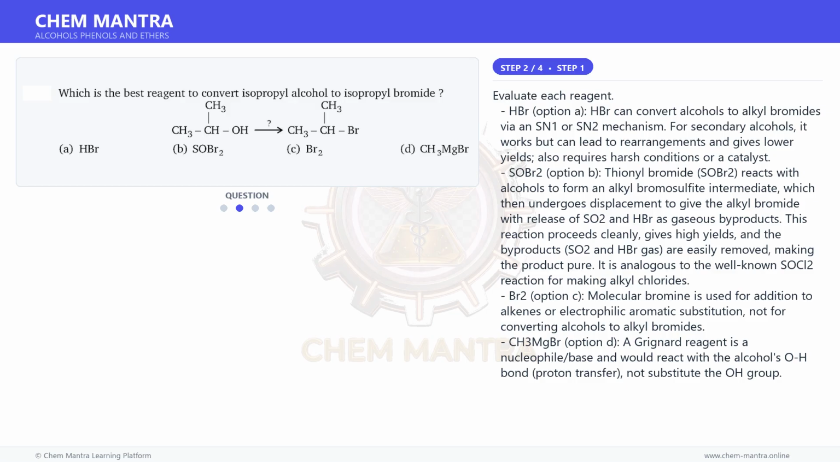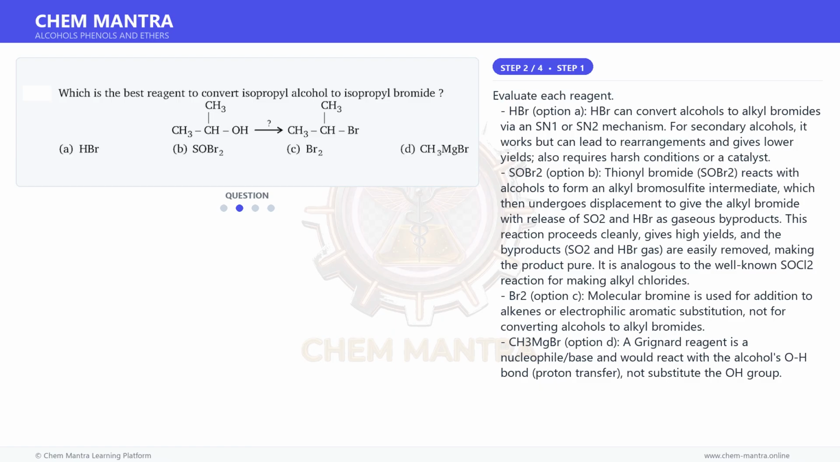Evaluate each reagent. HBr, option A. HBr can convert alcohols to alkyl bromides via an SN1 or SN2 mechanism. For secondary alcohols, it works but can lead to rearrangements and gives lower yields, and also requires harsh conditions or a catalyst. SOBr2, option B. Thionyl bromide, SOBr2, reacts with alcohols to form an alkyl bromosulfite intermediate, which then undergoes displacement